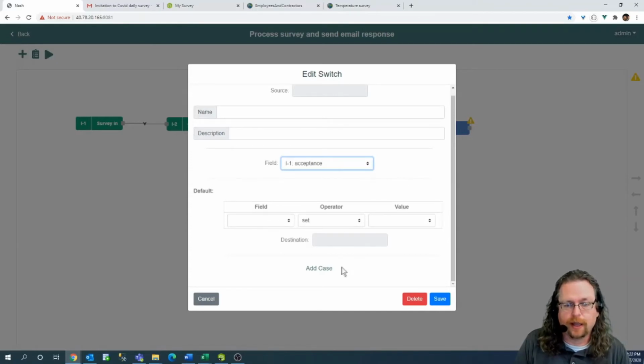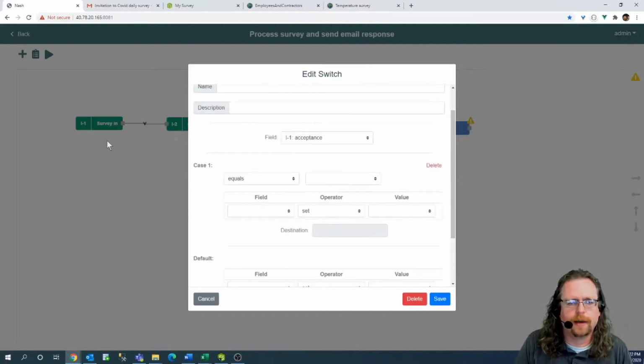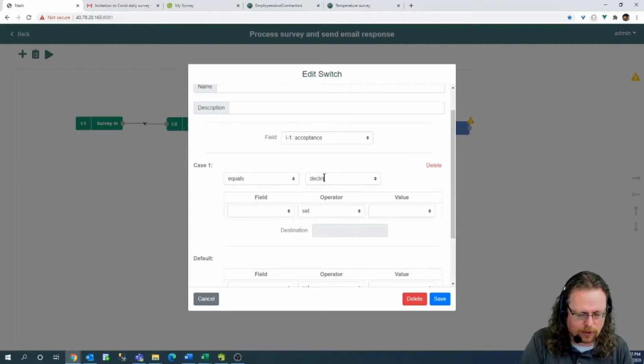So let's go ahead and just add that logic. Right now, everything goes through the default case. So if A isn't true, it's going to automatically go to B. Our default is just where everything's going to go no matter what. You can use switches just to set a bunch of values if you want and not do any logic here, but really, they're built for logic. So I'm adding a case. In my first case, if acceptance equals decline,